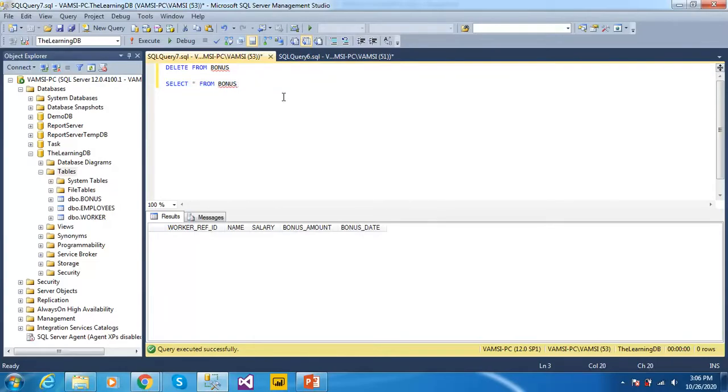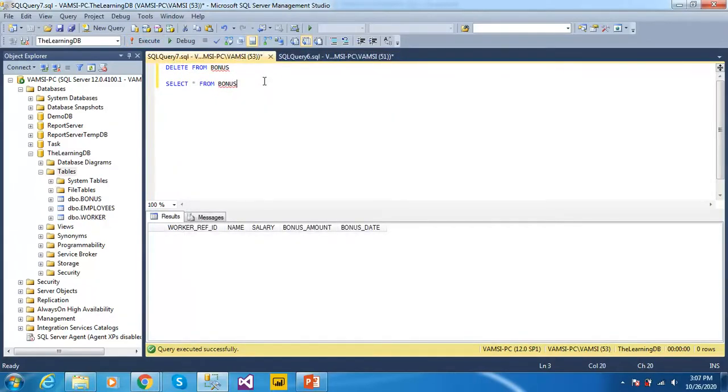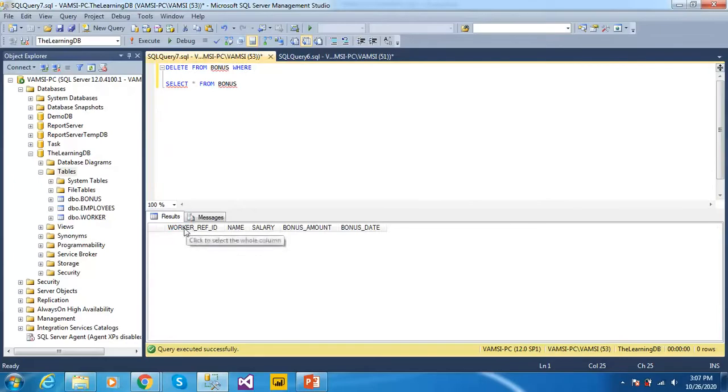Now, let us see how to use the where condition. Again, inserting the data into my table, execute, 6 rows were affected. Now, let us see how to use the delete statement along with the where condition. Delete from bonus where worker reference ID equal to 1, the row should be deleted from my table.